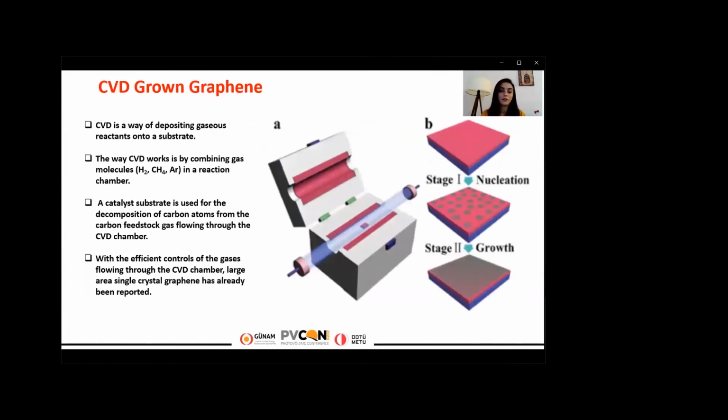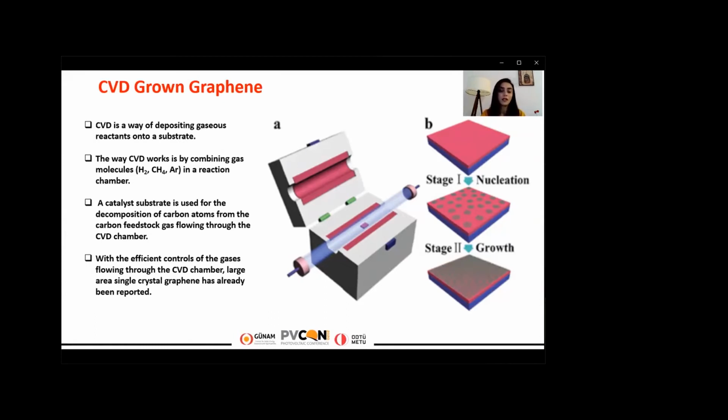CVD grown graphene: we use the CVD method for growing graphene. CVD is a way of depositing gaseous reactant onto a substrate. The way CVD works is by combining gas molecules, hydrogen, methane, and argon in a reaction chamber. A catalyzed substrate is used for decomposition of carbon atoms from a gas, for example, methane, flowing through the CVD